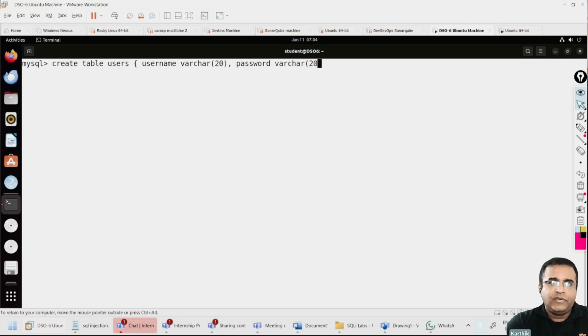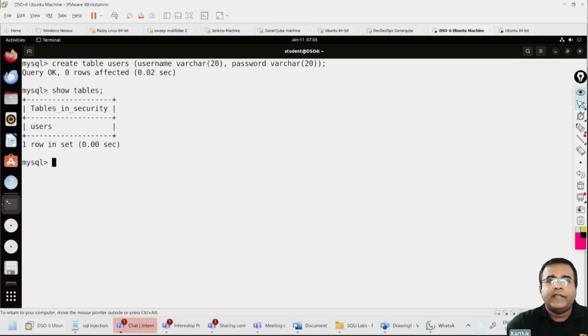If you want to understand much more deeply here, please visit W3Schools or any online resource. There are a lot of free tutorials on how to configure a database. So you can see now, if I give show tables, it is going to show a table. There's a username for that. So this is how the process works.